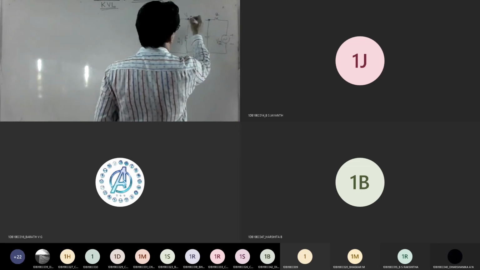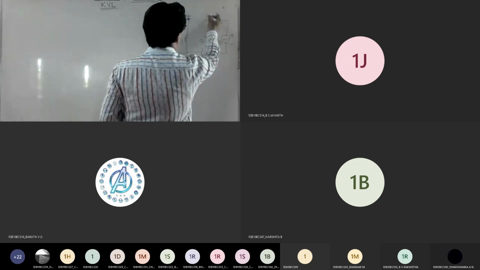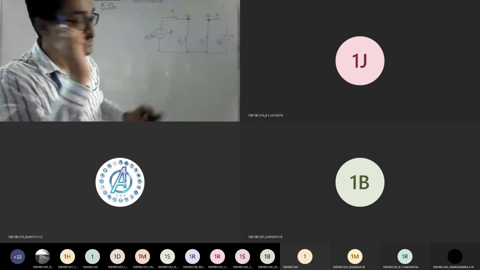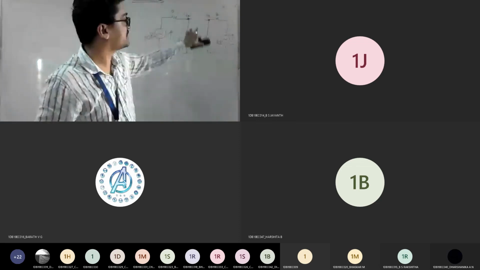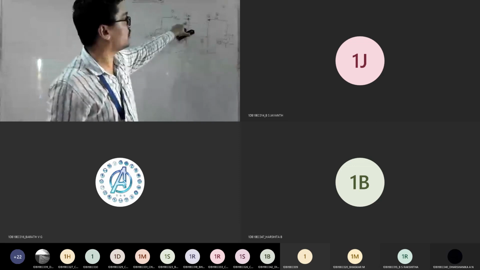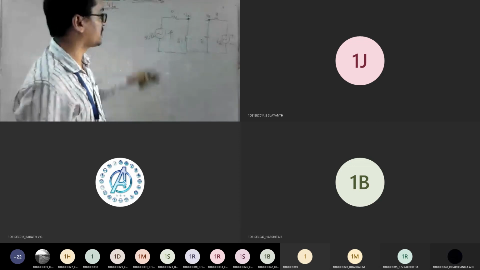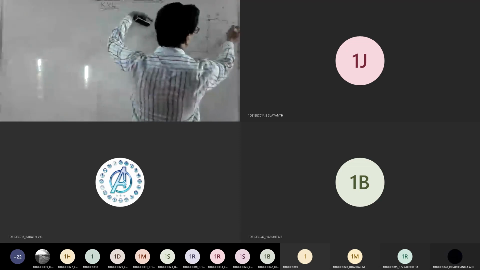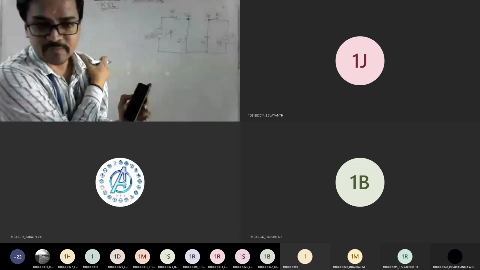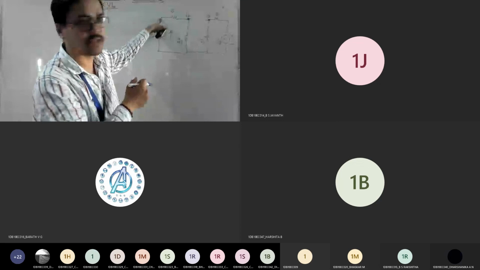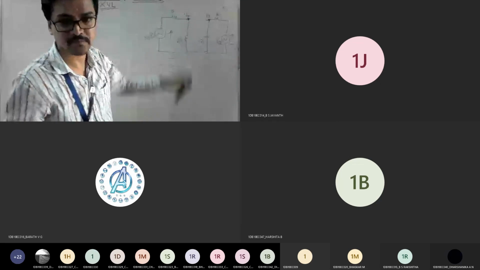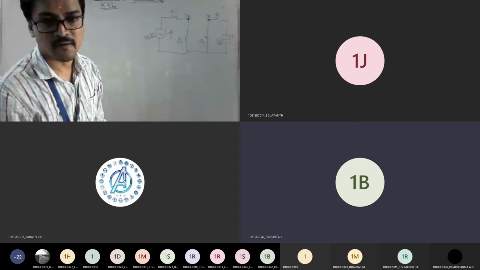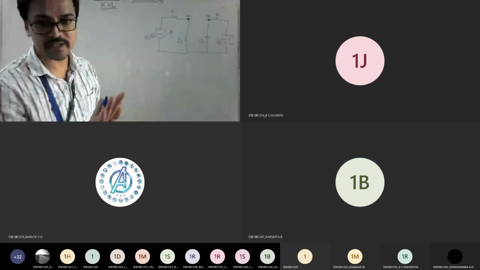So then I can mark this as one node and this as one node. I will write them as VA and VB, since V1 and V2 are given in the question, so let me designate some other names. Since this is an open path, this is one node voltage and this is another node voltage. If I take this here, the same thing will come. So you're not supposed to take this voltage node here. Am I clear? Yes, sir.